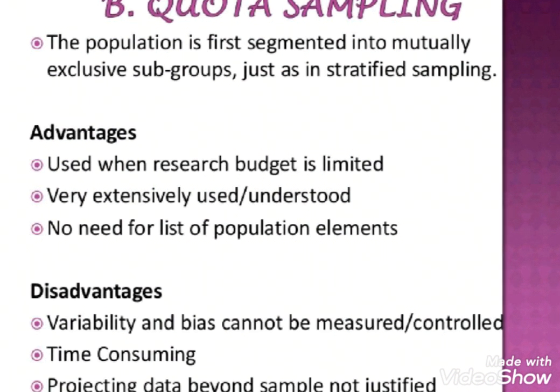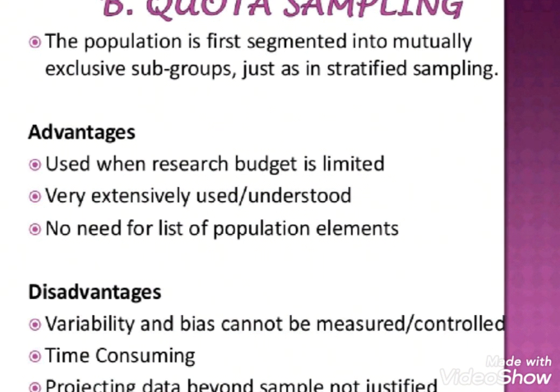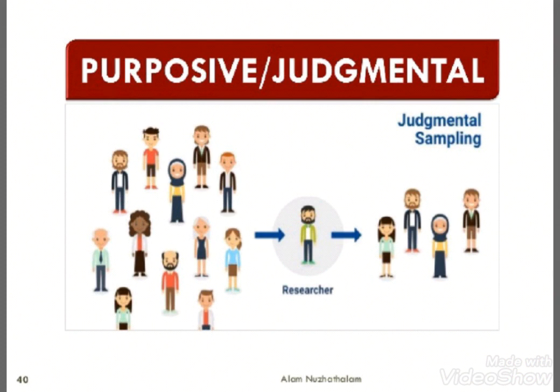Then the disadvantages are variability and bias. Variability and bias will be there in your samples. Then it is time consuming, it takes a little time. Then projecting data beyond the sample is not justified. You cannot go beyond the samples that you select for your quota sampling. Then purposive sampling, or